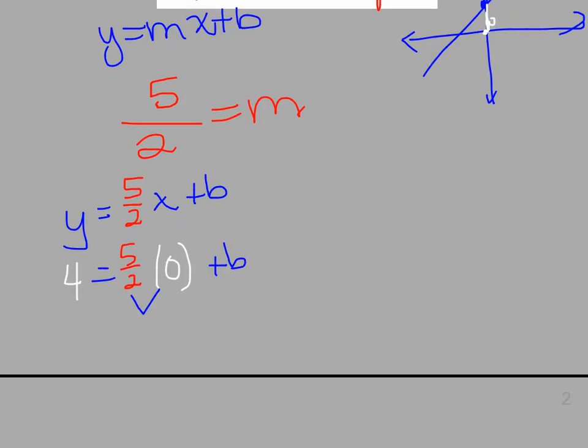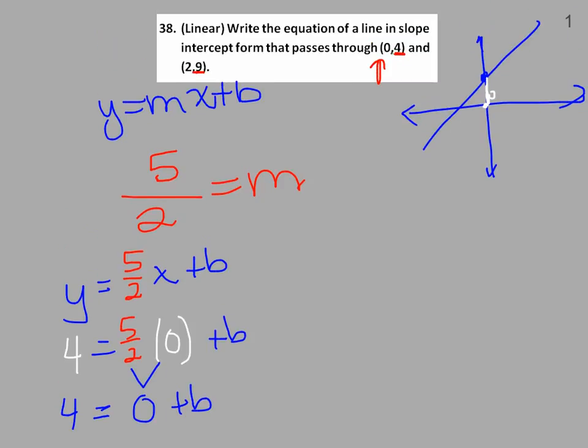Alright, 5 halves times 0 is just 0, so we have 4 equals 0 plus b, which means that 4 is b. So finally, our final equation is y equals 5 halves x plus